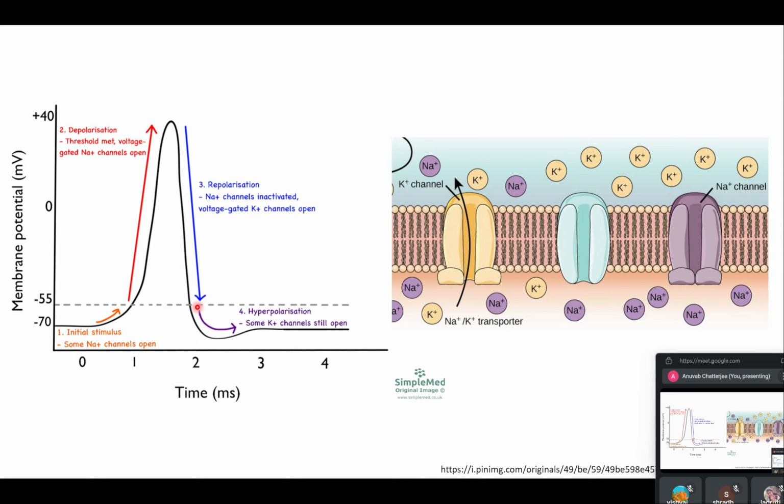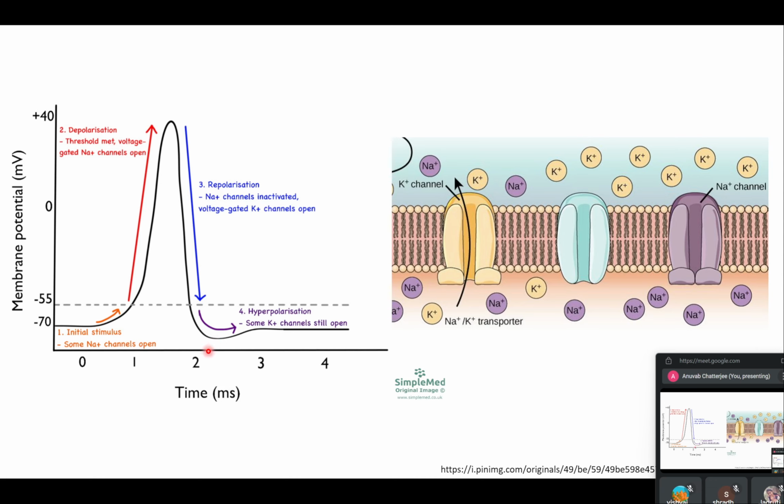So the potassium channels allow the potassium positive charge to keep on escaping till we have the entire slope going down a bit away from the initial value. So it goes below -70 to around -90. This is because the potassium channels are slow to close as well. So they close only after the negative charge has increased, so hyperpolarization, or increase in the negative charge as compared to the normal baseline, has occurred.